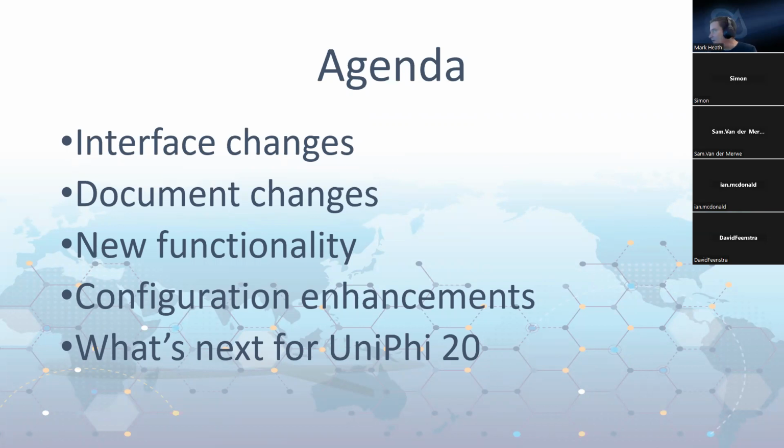Then we're going to look at some new functionality that exists around guided workflows, but also some analytics functionality around month-end snapshots and what you can do with that. There's a whole heap of configuration enhancements to Unifi 19, so I'm going to look at a few of those and then just give you a bit of a heads up of where we're going next. Hopefully out of all of this, as well as answering some of the poll, sort of in response to some of the poll responses,